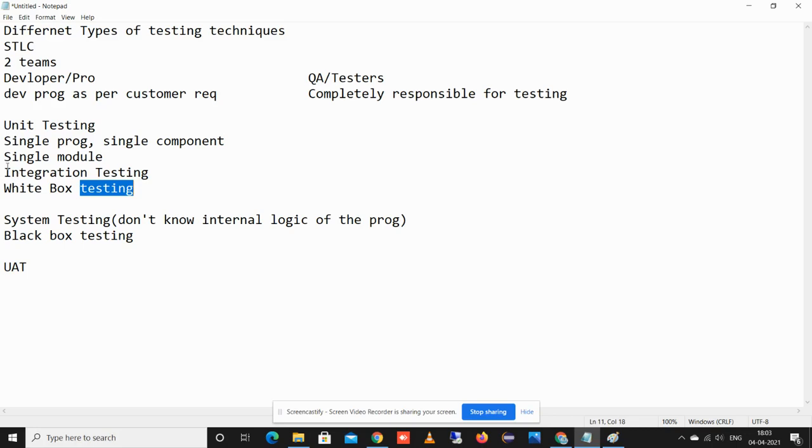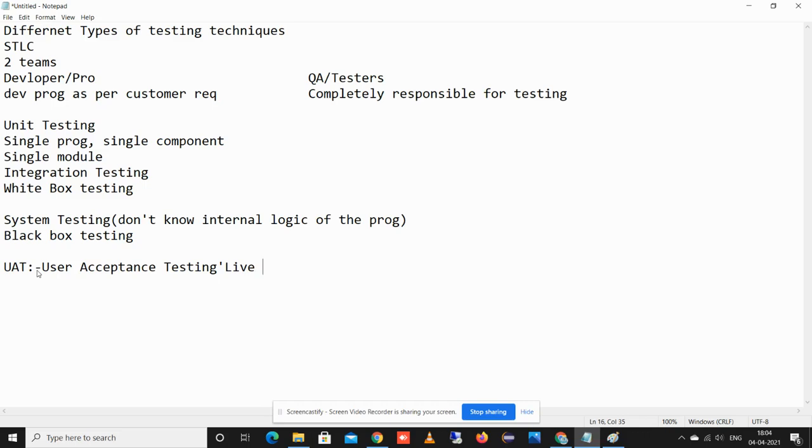After the system testing, we perform UAT, user acceptance testing. Once the tester team has done the testing, they will hand over the software to the customer. The customer doesn't test on the live environment; they do the testing on the testing environment, and they take some time.